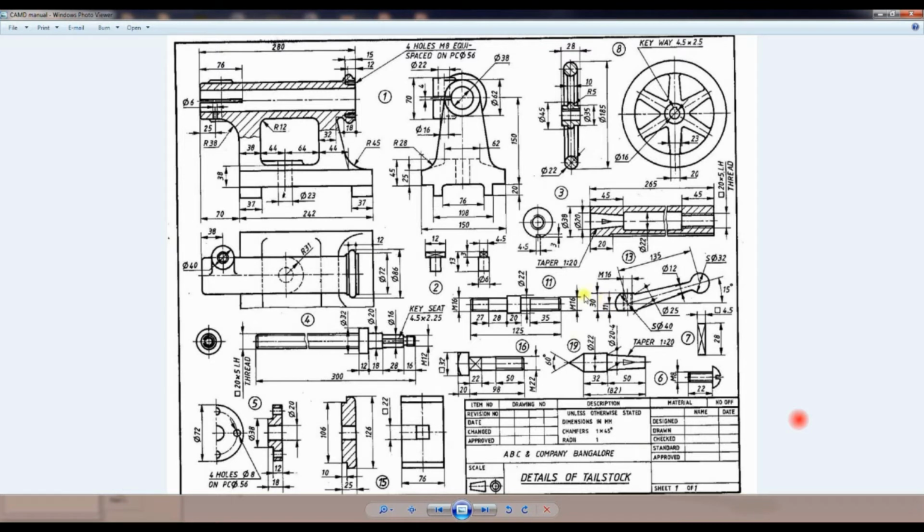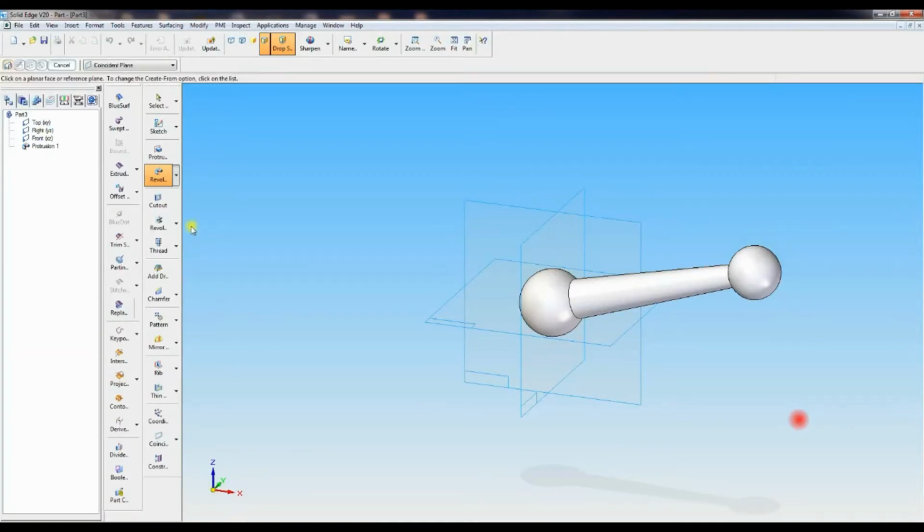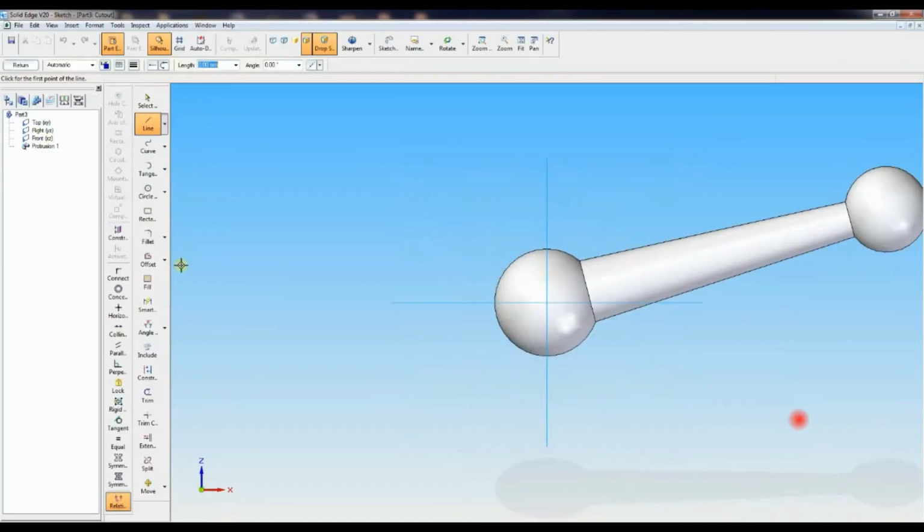Now you have to go for the cutout of 30 mm distance and 11 mm distance. Go to cutout command, select front plane, draw a rectangle like this, any dimension, a simple rectangle.